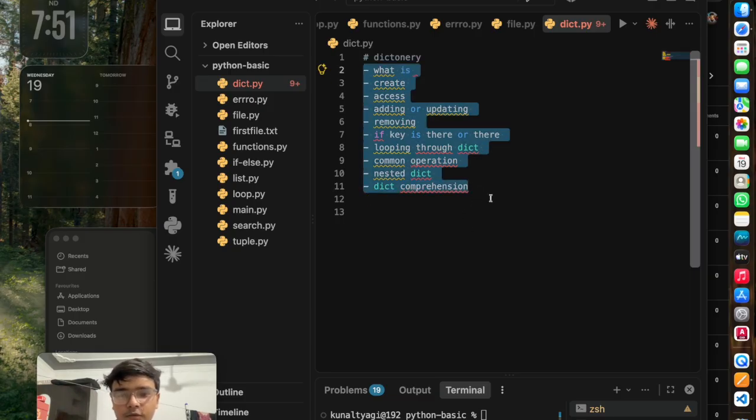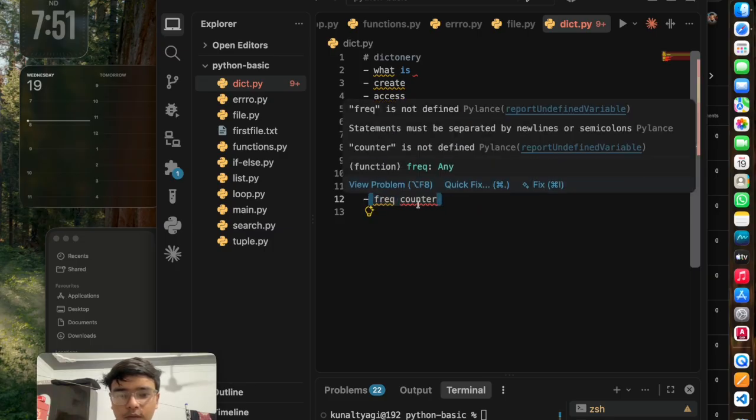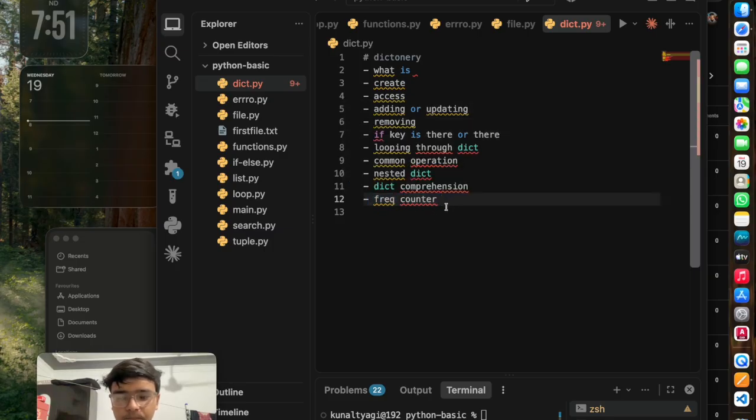After dictionary, we are also going to see how to make a frequency counter. You will use dictionary for this very often, so we are going to see how we can do that. We're also going to see another way of making a frequency counter.